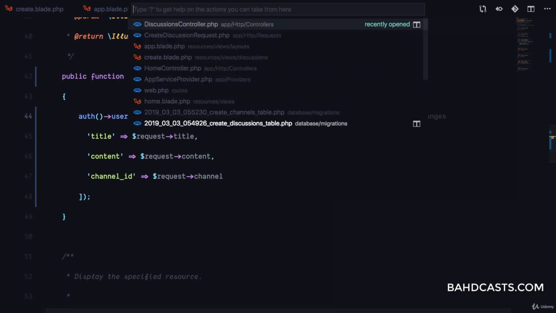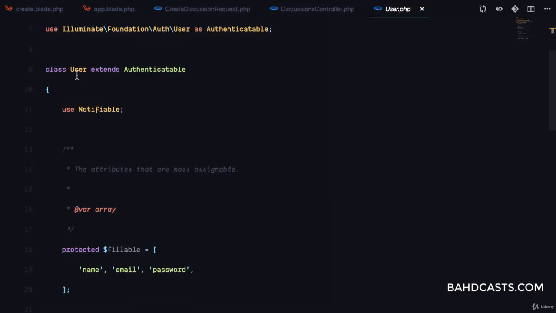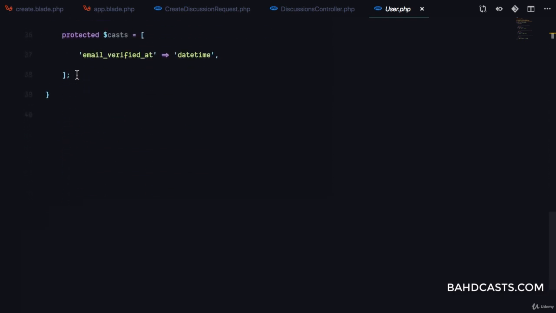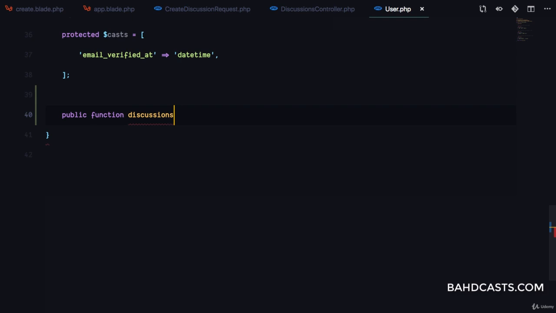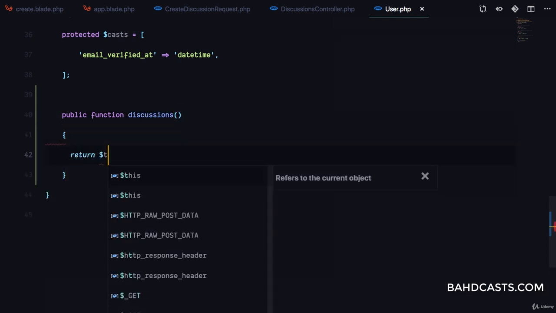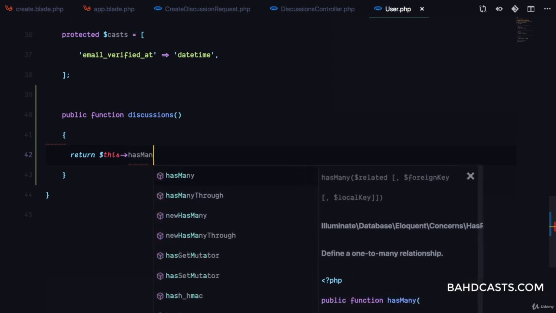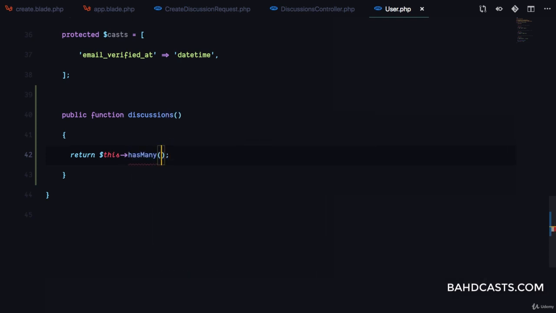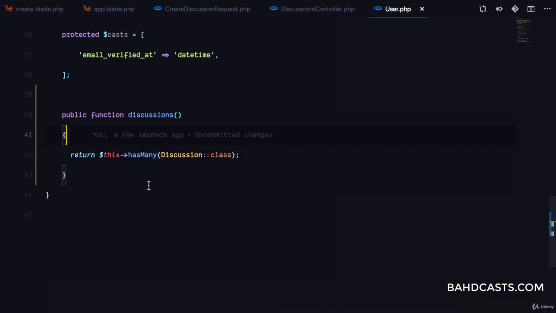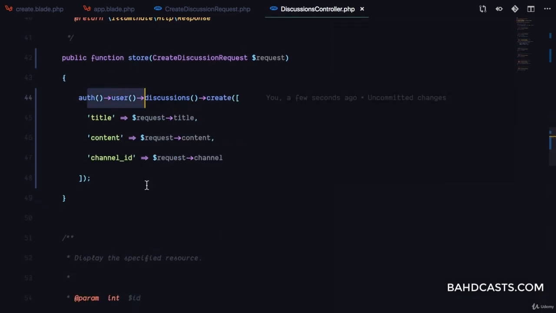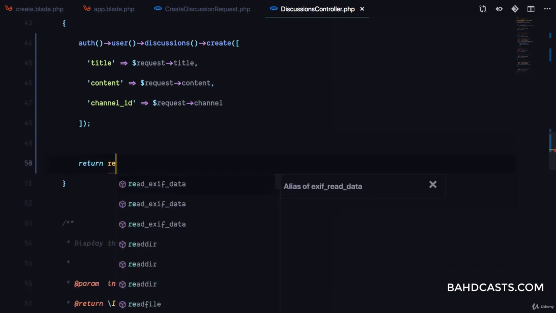but we don't yet have this discussion relationship. So we'll go to our User.php, scroll right down to the bottom and add it. So public function discussions, and we're going to say return this has many Discussion class, like that, which means right now we can say auth user discussions create, and then we can return